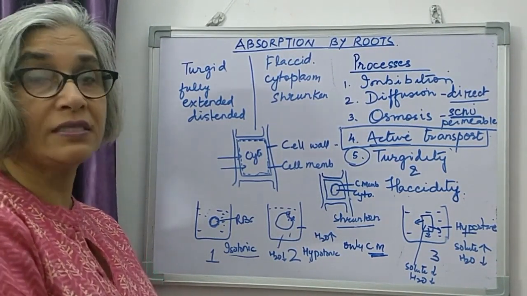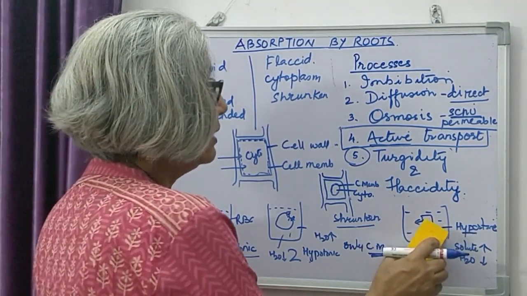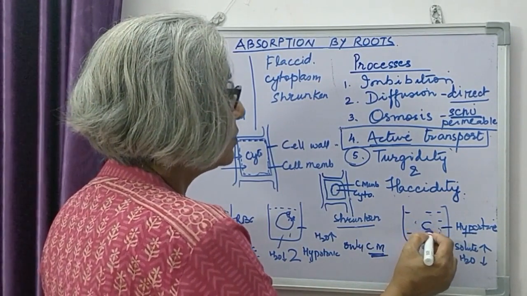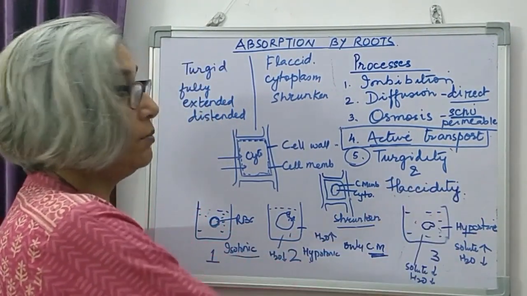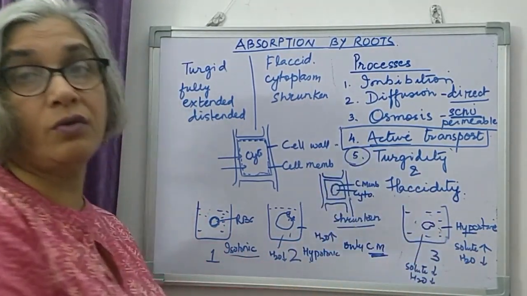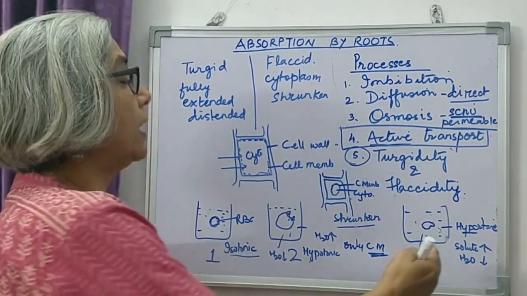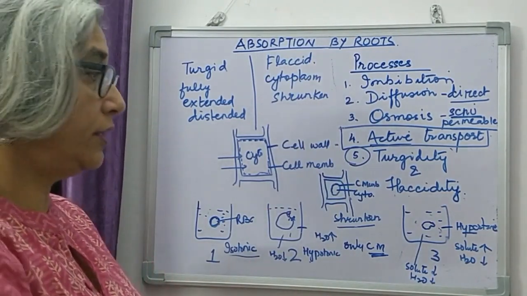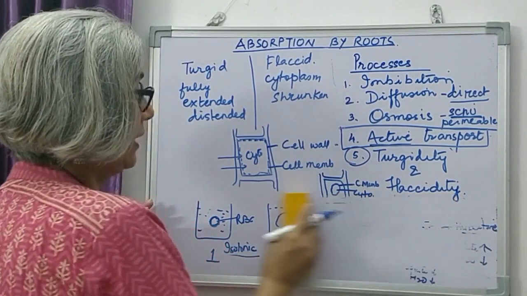Rupturing of the cell membrane happens because it does not have a cell wall which gives it rigidity as in the case of plant cells. Now, if a red blood cell is placed in a hypertonic solution, it will shrink. It will shrink because water from the cell has come out. There was more water inside the cell, less water outside the cell. The result is that the water has come out and the cell has become flaccid. So these are three different situations. Now, to explain this further,